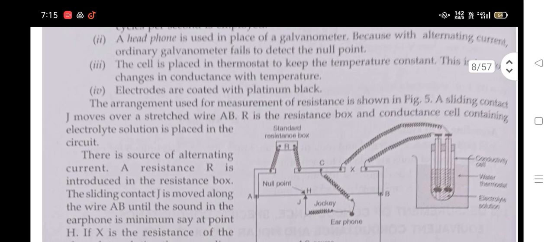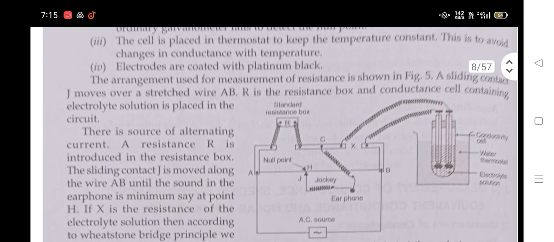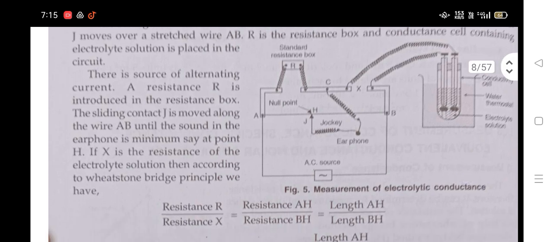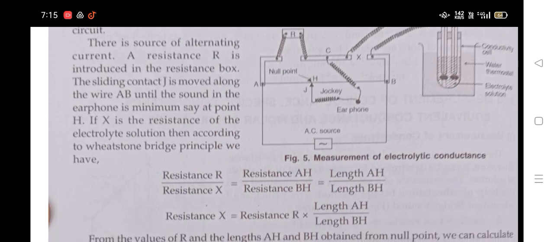A sliding contact J moves over a stretched wire AB. R is the resistance box, and there is the conductance cell containing the circuit. There is a source of alternating current. A resistance R is introduced in the resistance box. The sliding contact J is moved along the wire AB until the sound in the earphone is minimum, say at point H. If X is the resistance of the electrolyte solution, then according to the Wheatstone bridge principle, we have